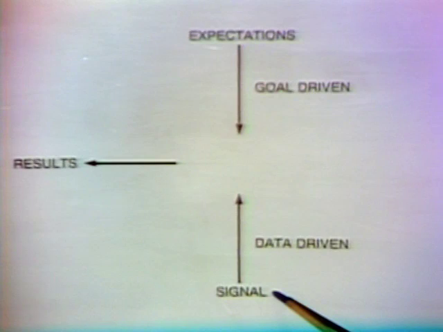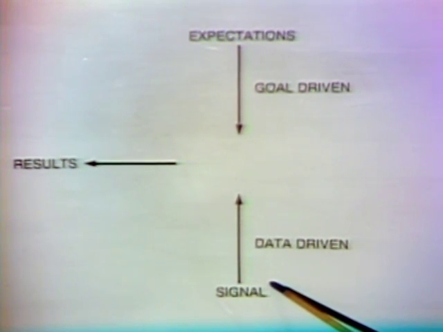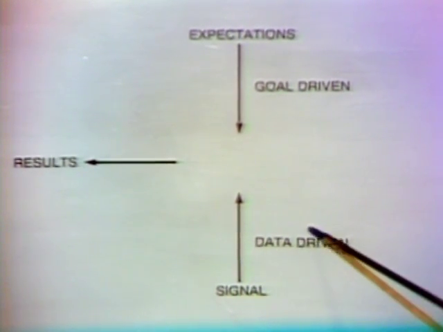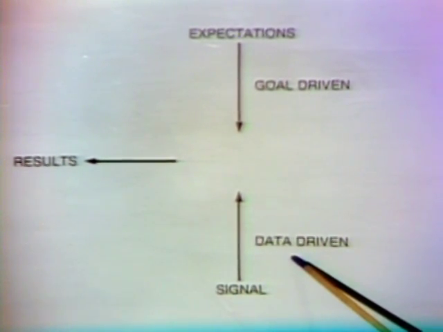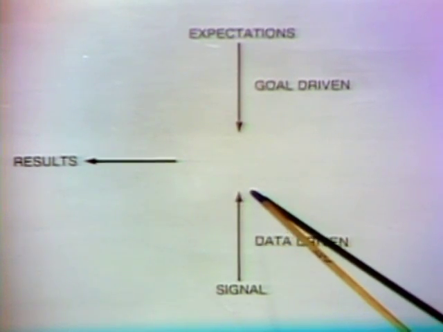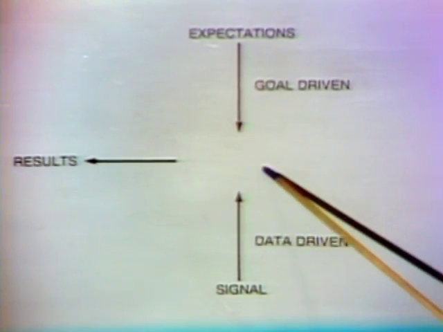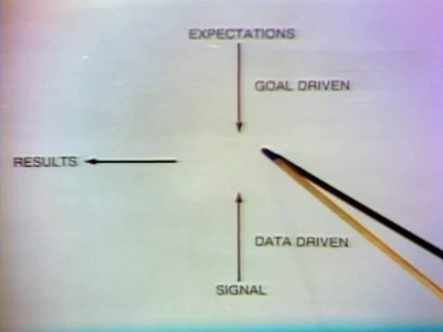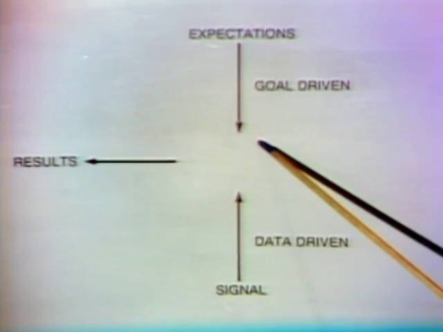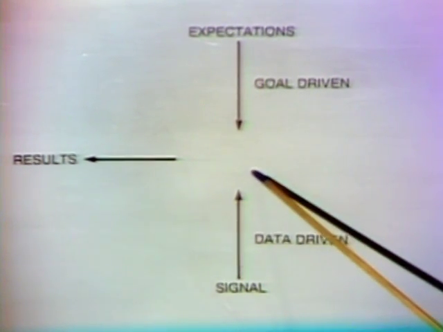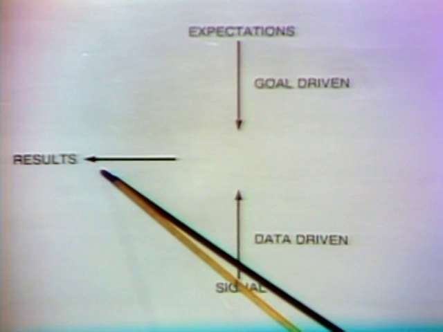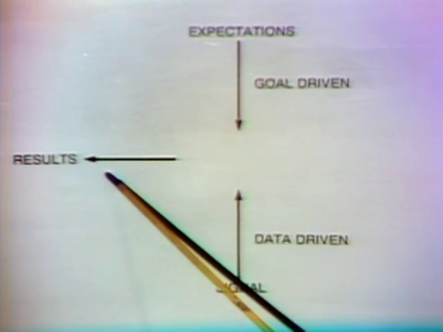Remember that we also have the signal itself, that is the text itself in here, and we can do the kind of keyword spotting I was talking about before, and that we refer to as a data-driven process because we're taking a look at the kind of information that we've got, looking at the words that were used, and seeing what that suggests about what the expert might be saying. And these two processes are in effect intersected. I ask myself, in effect, what did I expect to find? Did I find any of those concepts here? What keywords did I actually see in the text? What did they suggest that I might actually be seeing there? Let me put those two together and see if, in fact, I can't come up with a reasonable guess about what the expert said in this rule as a result of those two processes.